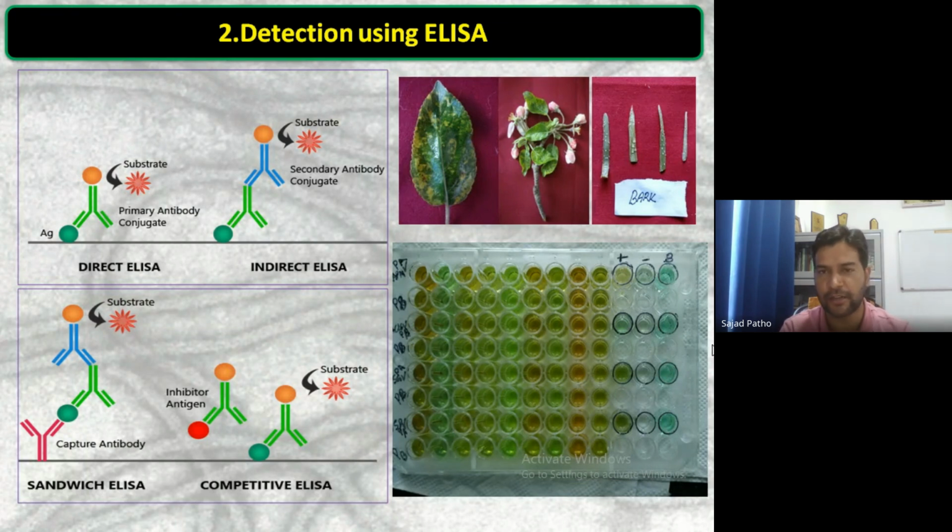And presently we are also doing this enzyme linked immunosorbent assay. There are n number of variants of this assay, but most importantly, we are using the sandwich type of ELISA. It is a very sensitive ELISA, where first of all we put the antibody which is specific to any pathogen. For example,